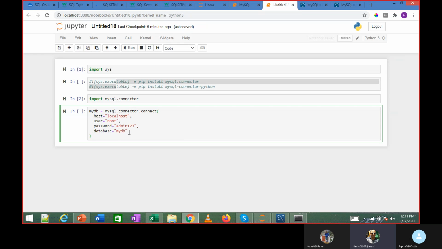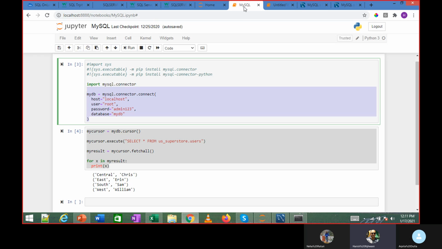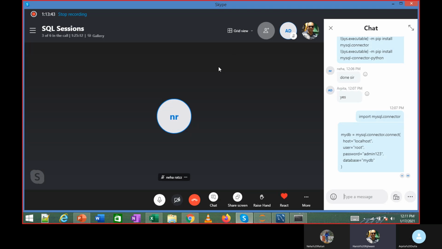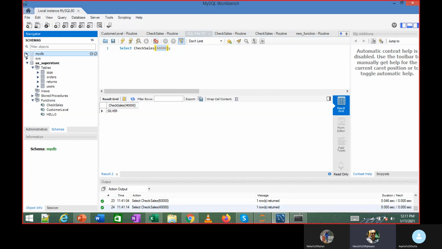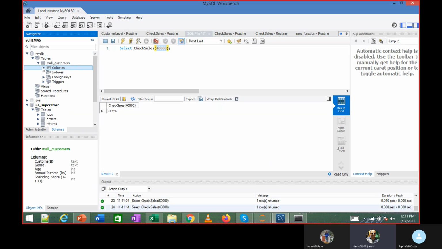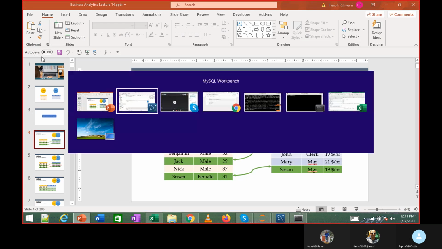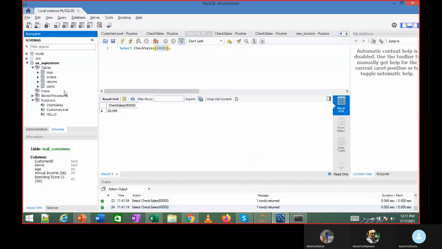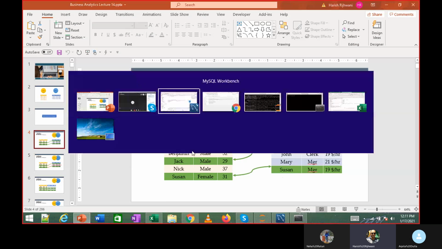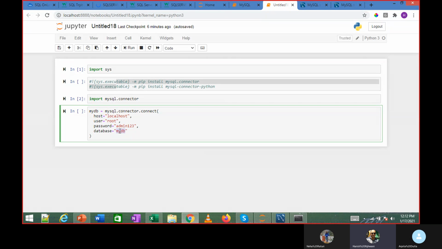You will have to change some things over here. You have to change certain elements over here. So if you want to connect to US Superstore, we'll need to write this as US underscore superstore.